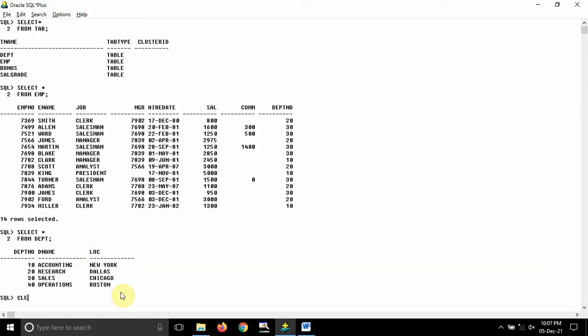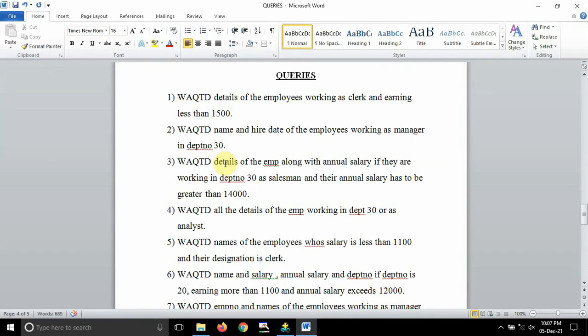I will clear the screen, guys. Just write clear SCR. It will clear the screen, but the content will still be present in the buffer, so whenever you execute, it will show results very quickly. There is one more option, shift delete. If you do that one, then the buffer will be deleted. So don't do that one, just clear screen. It will be enough for us. All right, guys, let us move ahead and try to solve the first question.